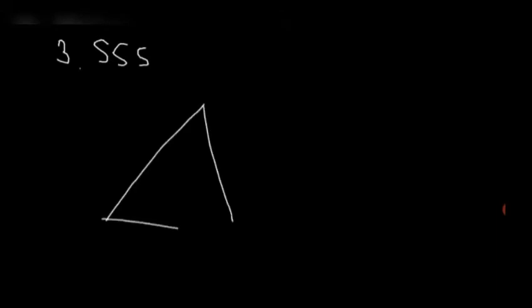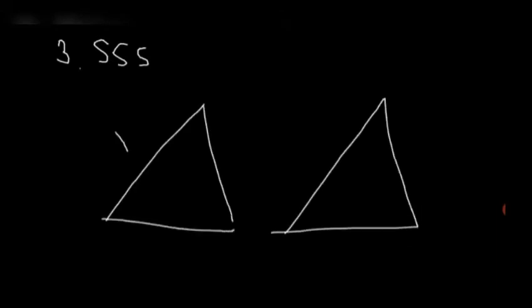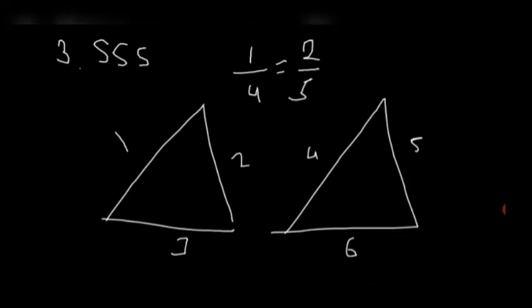Another third part is nothing but SSS. Meaning what? So this is 1, 2, 3, 4, 5, 6. 1 by 4 has to be equal to 2 by 5 has to be equal to 3 by 6. And my handwriting is so bad. Understand? This is one criteria. Understand? These are the criteria.